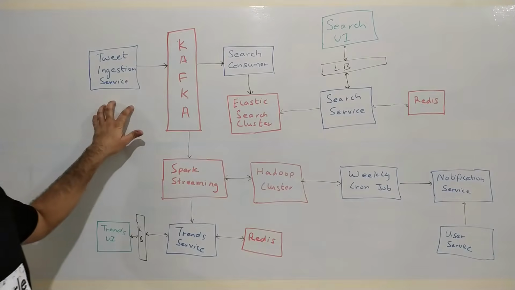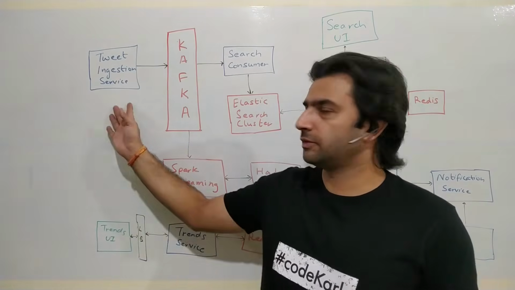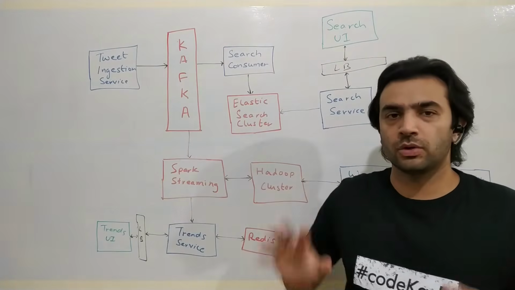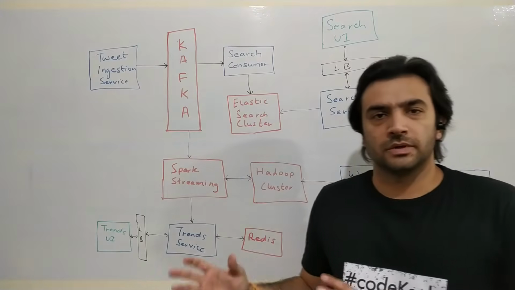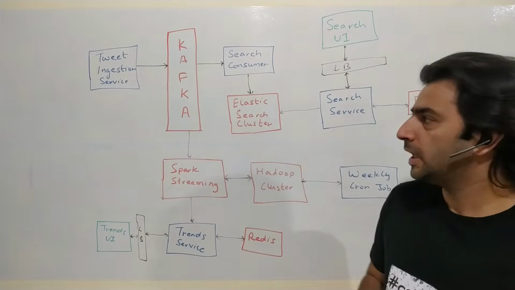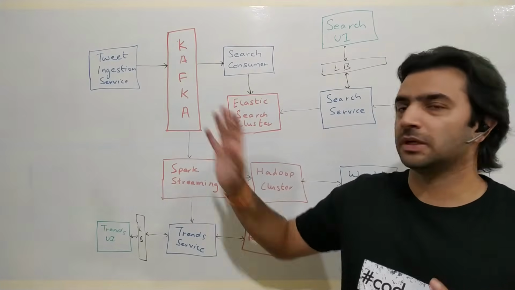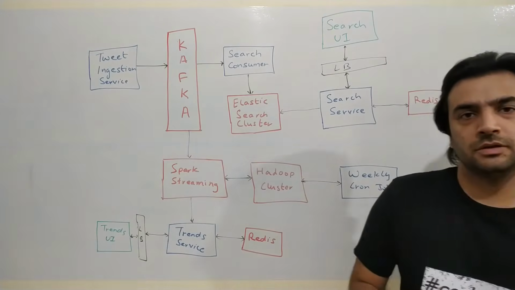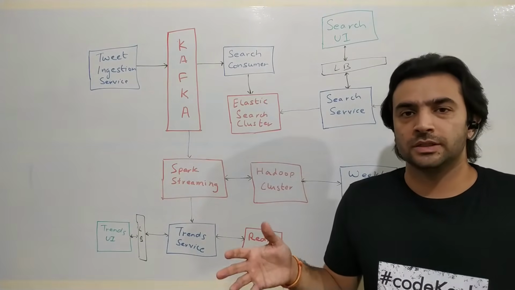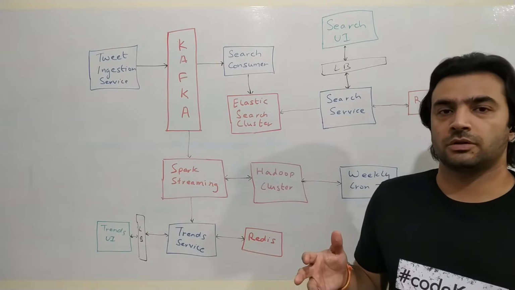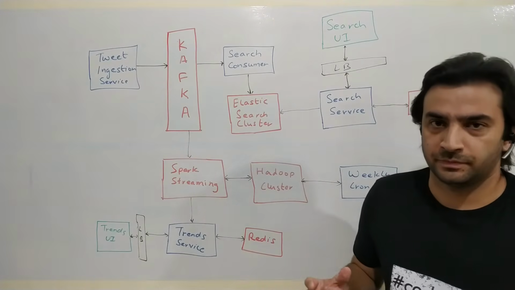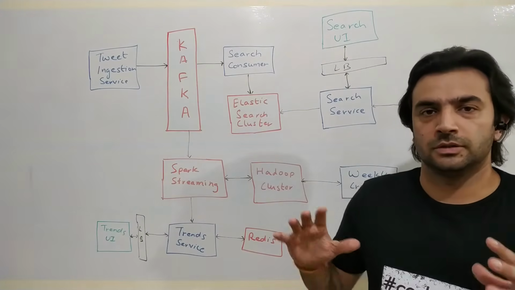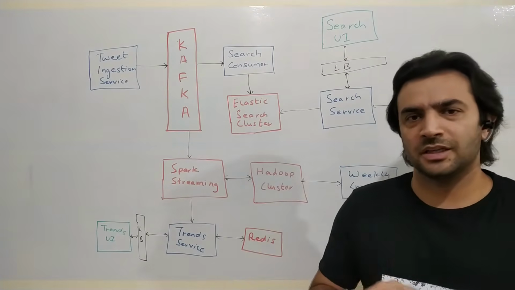So remember the tweet ingestion service that we talked about in the previous section, which was basically the entry point of all the tweets into our system. It used to put an event into Kafka, which was read by a service for putting into Redis, right? Now there could be a lot of other consumers who are consuming the same data. One such consumer is a search consumer. What that does is it basically consumes all the tweets that are coming into the system and stores them in a database, which will then be used for searching. And it uses a database called Elasticsearch, which is a clustered NoSQL database, very efficient for text-based searching.